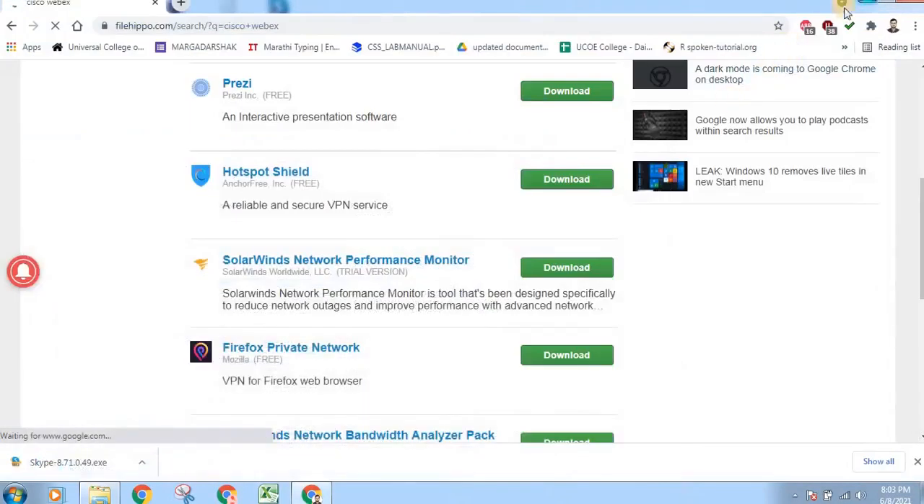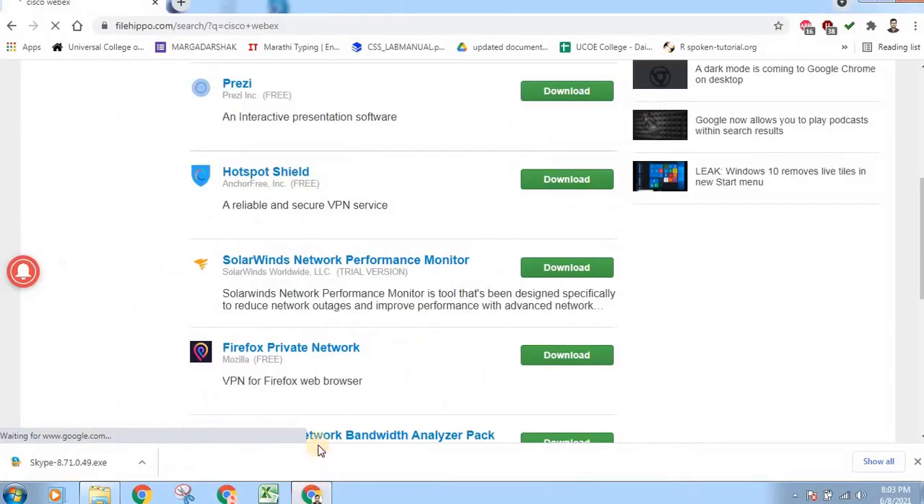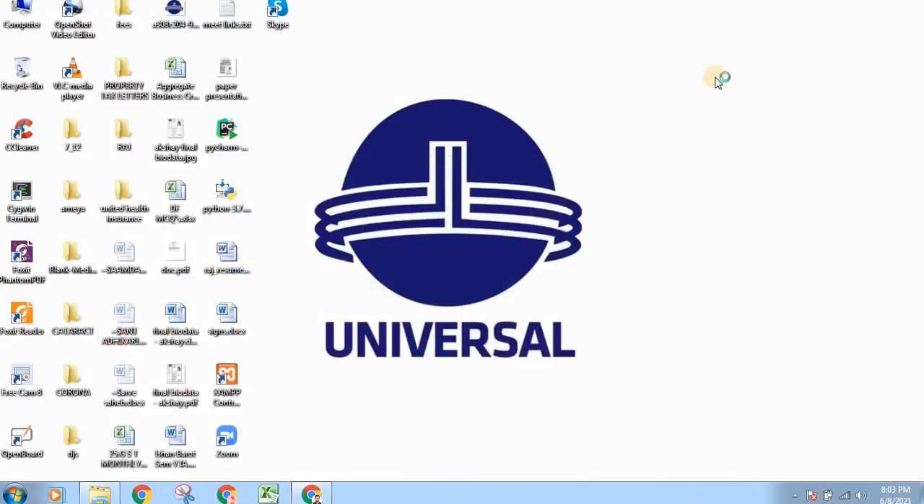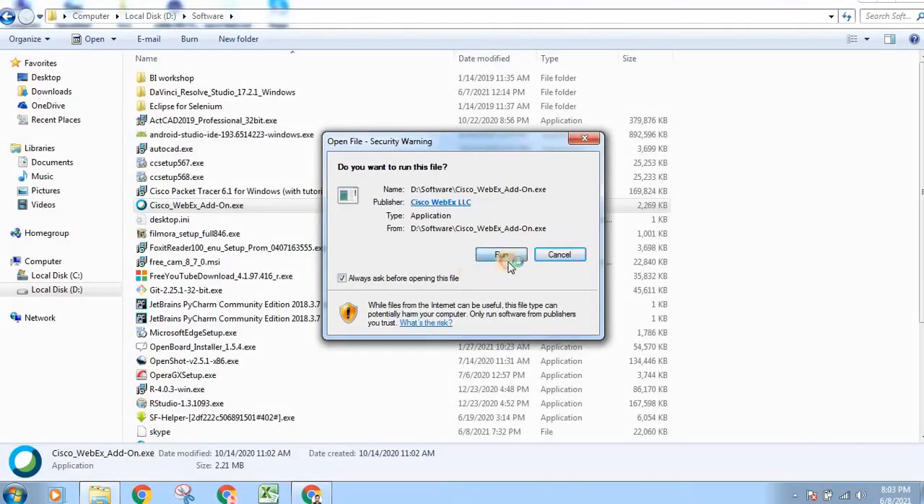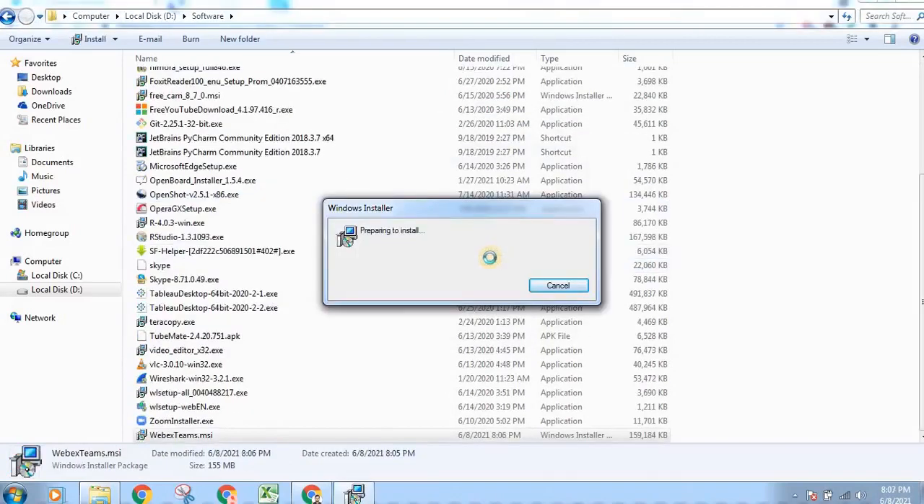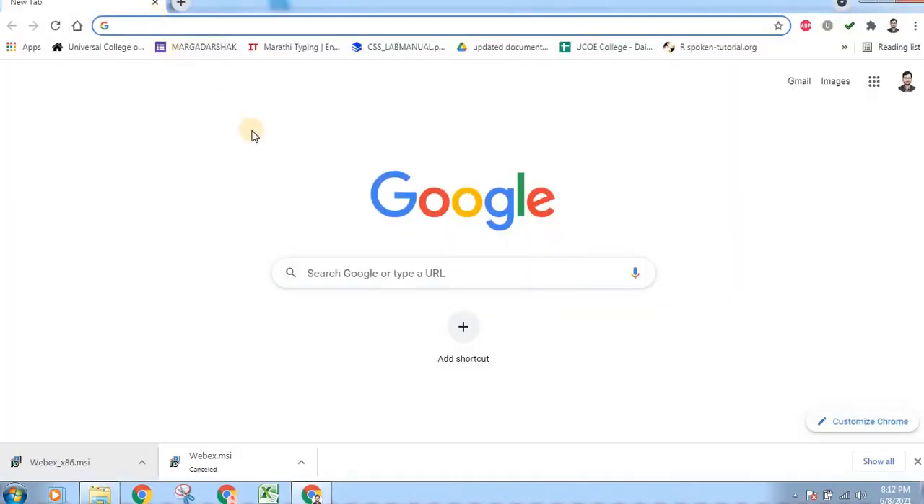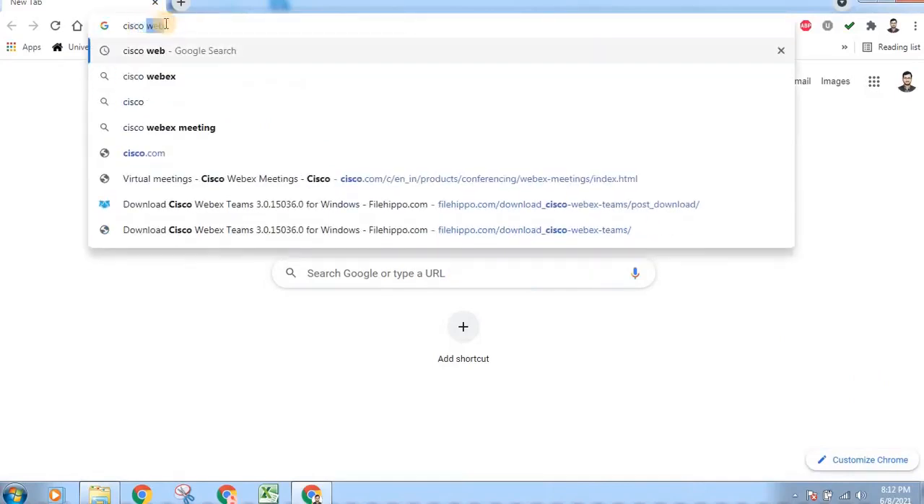The moment Skype is being installed, you can see a particular message popped up on our desktop. You can see that there is some issue with the WebEx installer. As the application was downloaded incorrectly, what I'm doing is directly downloading Cisco WebEx Meetings from the official website